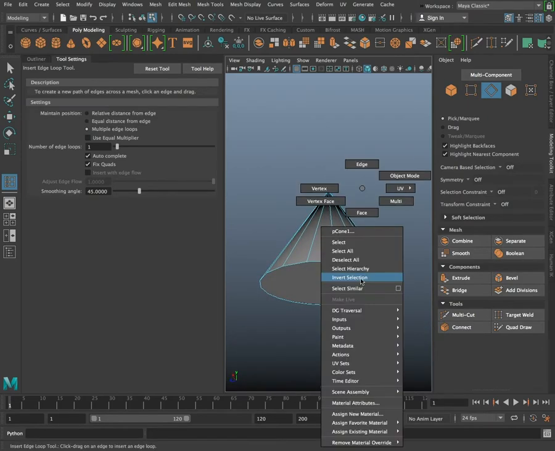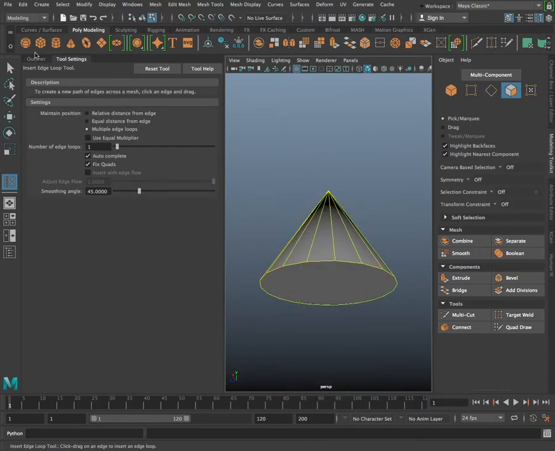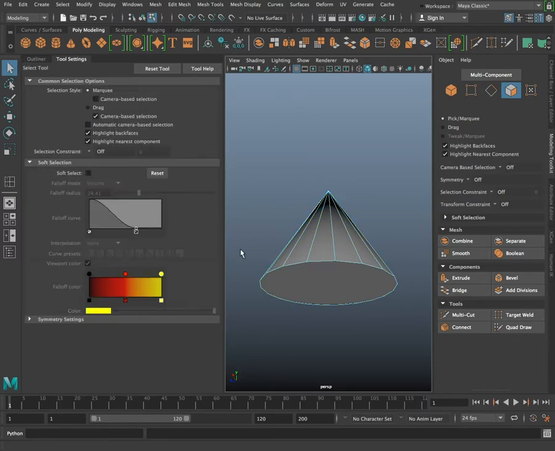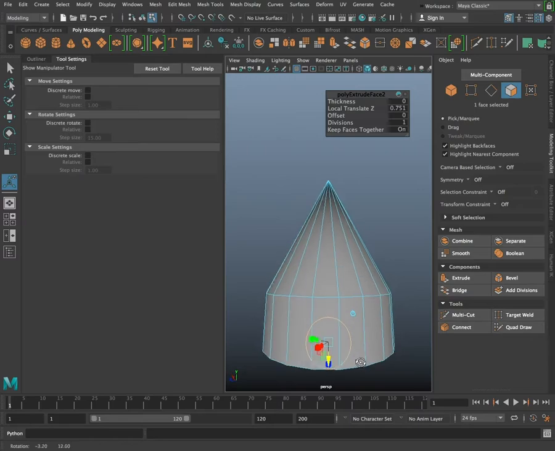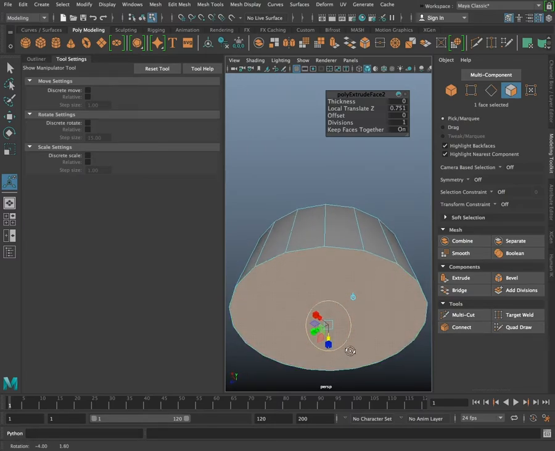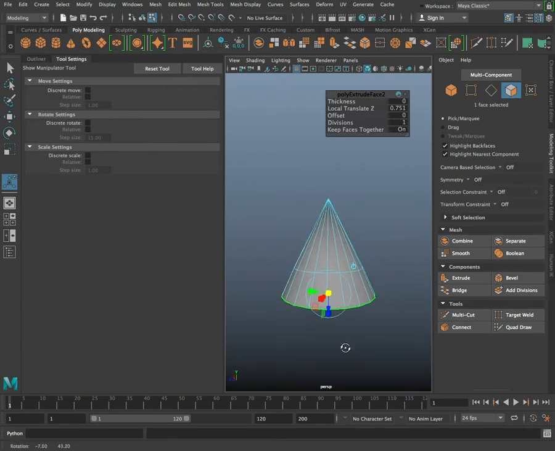A way around it is to select this face down here at the bottom. Make sure I have my soft selection off. So I'm going to select this face. I'm going to extrude it. Okay, maybe I will scale it out a little bit. To scale after you've extruded, I just click on any of these boxes if I want to scale uniformly. The middle one comes up and then I can scale uniformly. Okay, so that's a way that I've added maybe an edge in the center of this